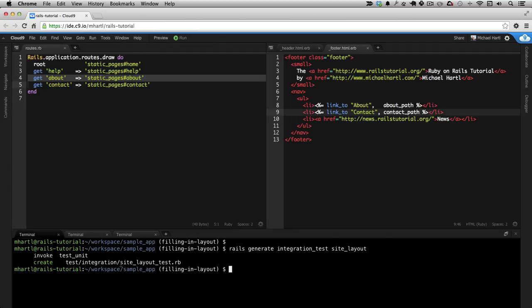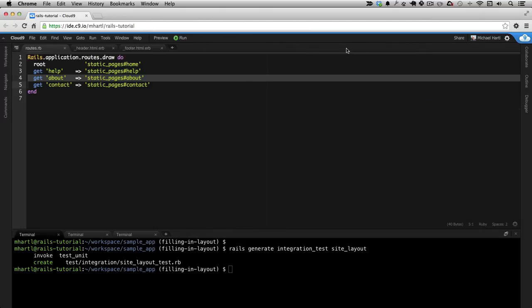If you look at the output here, you might notice that Rails automatically appended this underscore test. So we gave it an argument, which was the name of the test, and it said, well, we know this is a test, so let's call it site layout test. So let's add in that test. Move this over here, and let's take a look at